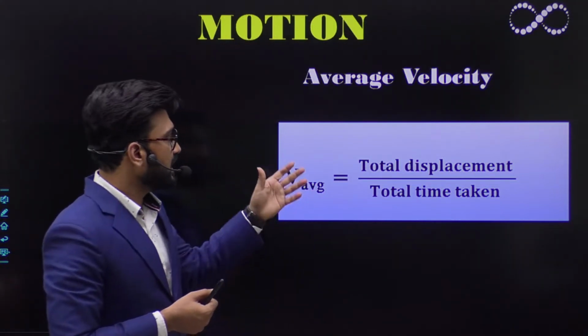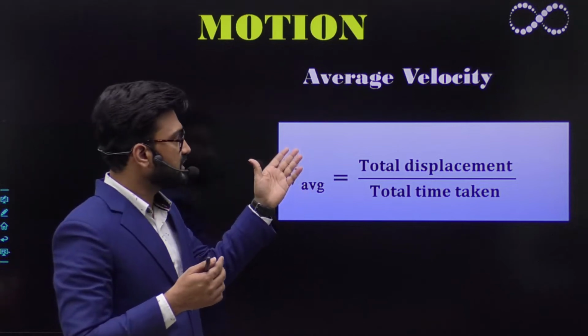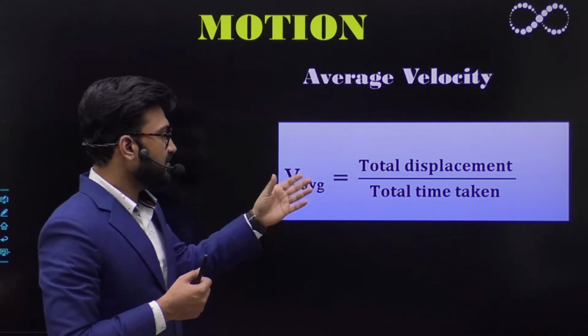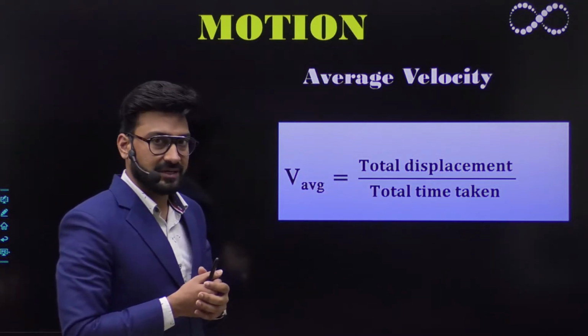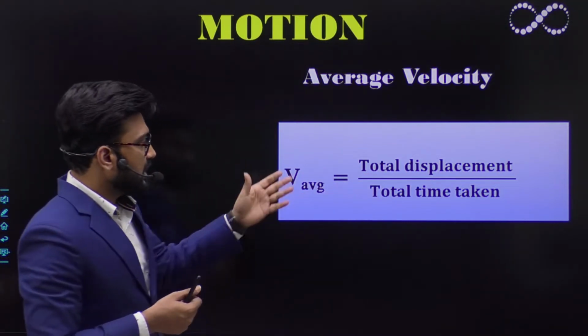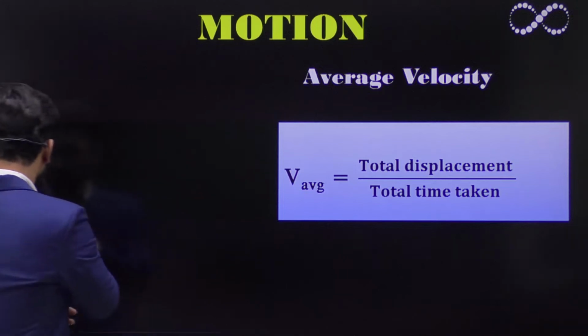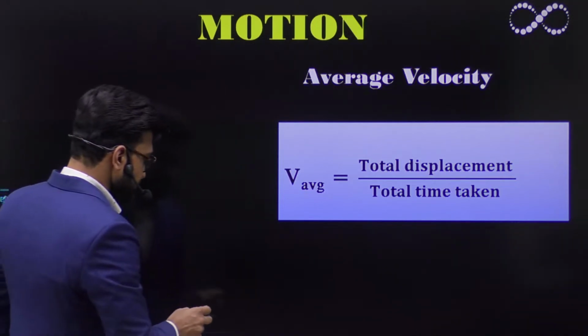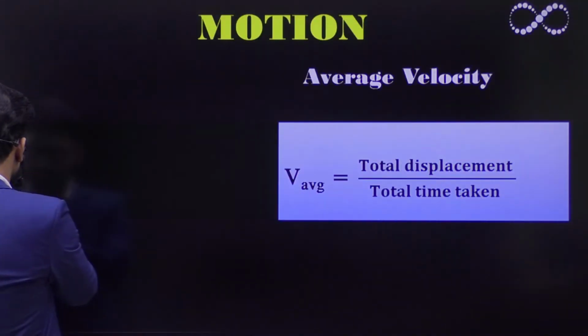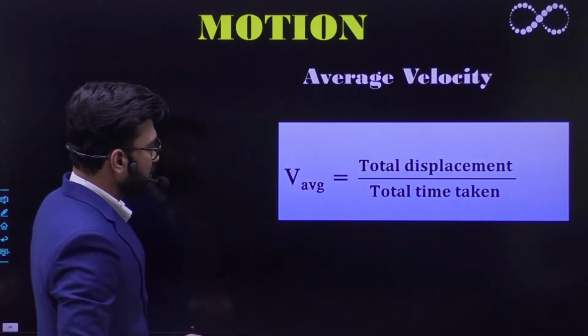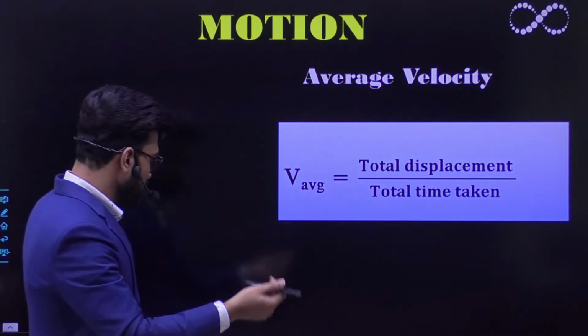Okay, the first formula जो कि आपको learn करना चाहिए, that is average velocity. So the average velocity is nothing but total displacement by total time taken. Okay, again अगर throughout the journey है, suppose if a body is moving from one point to another, so how its